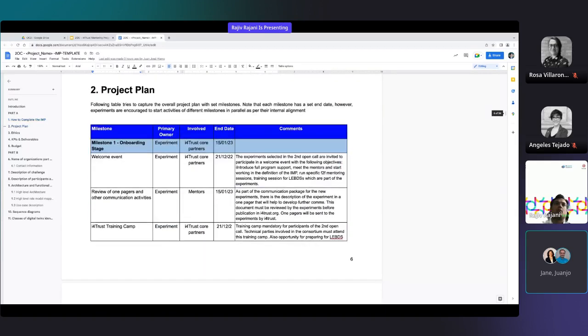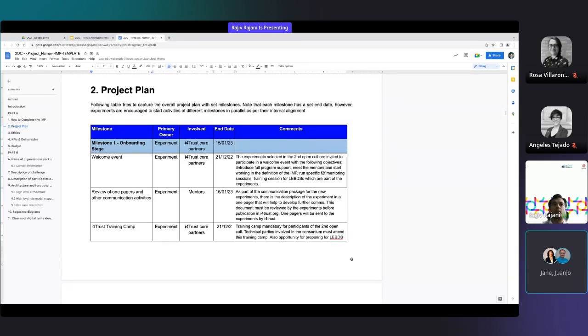Okay, so then we go to section 2, which is the project plan. I will quickly go through each milestone at a high level. I'm not going to go through each of the line items. I encourage you, however, to go through this individual mentoring plan template thoroughly after this meeting, understand what it means for you, and come up with questions for your mentors during the first meeting with them. Of course, you can also raise the questions on the help desk. The help desk details will be shared later, explaining how you can raise your questions there.